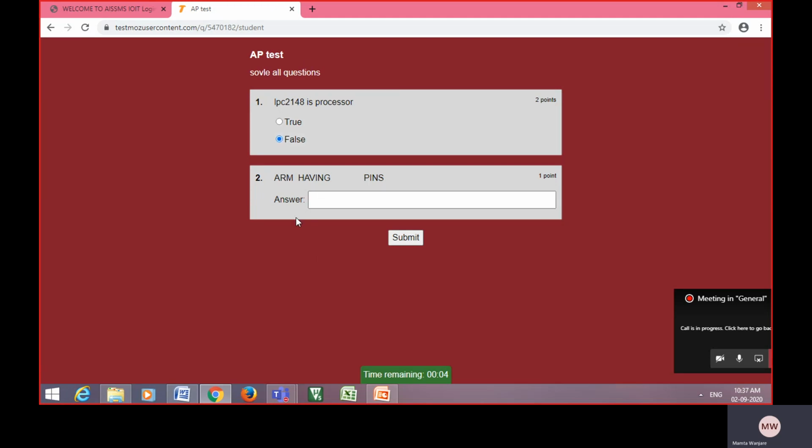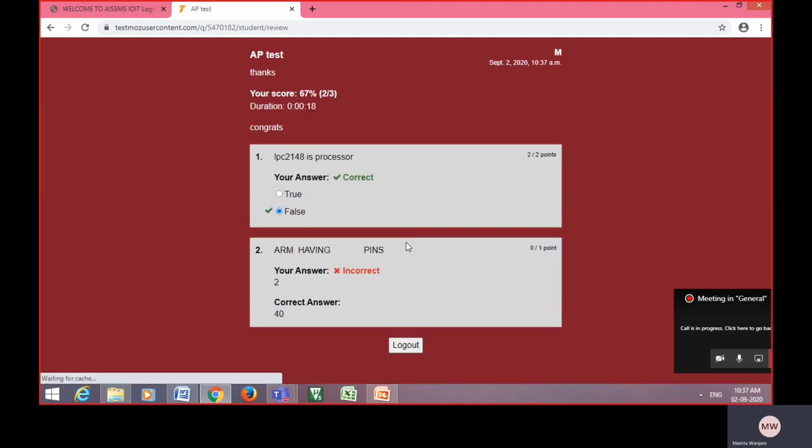Whenever he enters into that test, solves that test, the time limit is also there. Whenever he submits, on the screen the paper name is there, the score, whether he fails or passes, and the name of the student and the date.